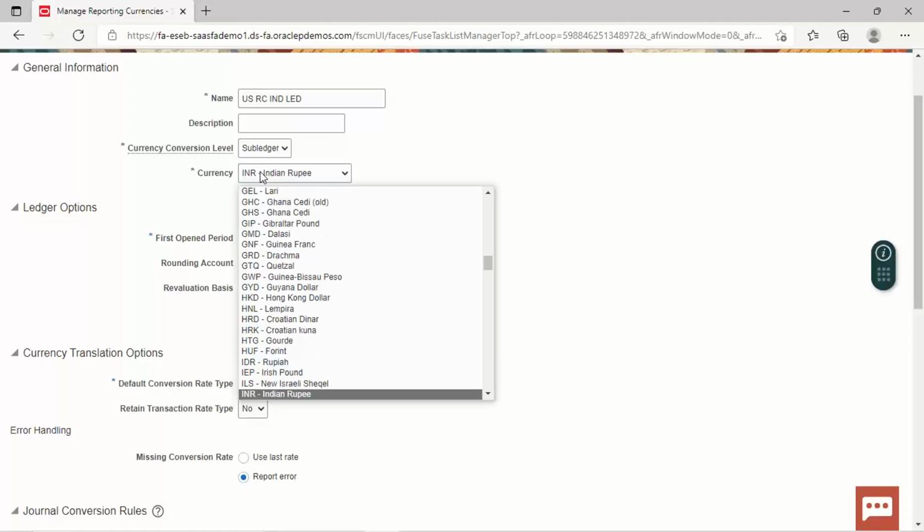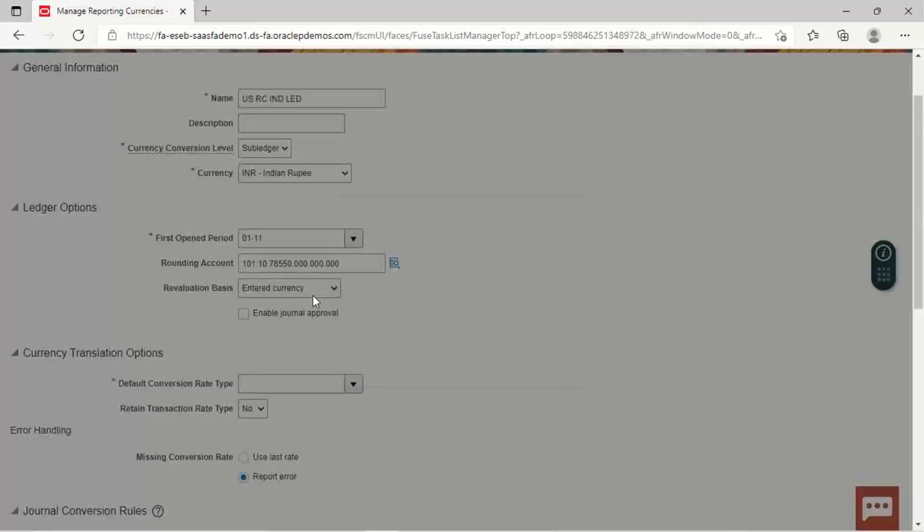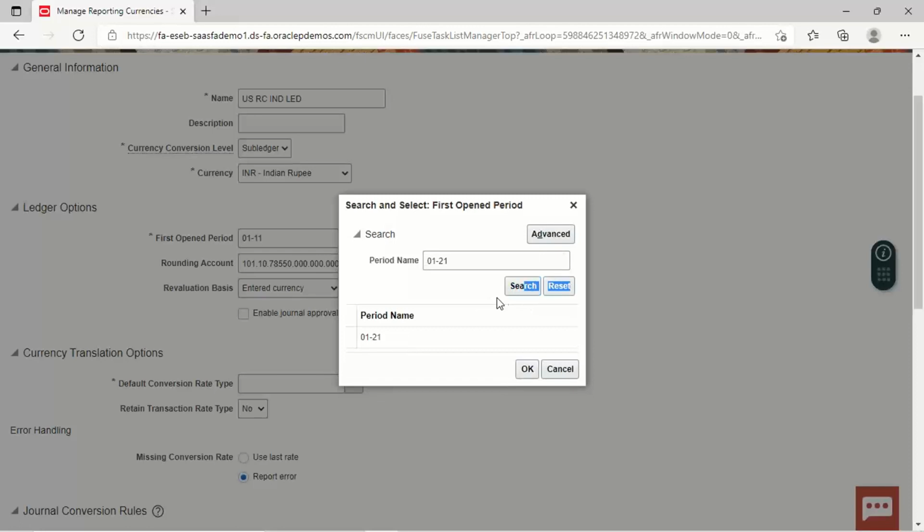INR, Indian rupee. And first open period is the period which we have to open in this reporting currency for the reporting currency ledger. We can search the period from here. January 21 or January 22, whatever you want to select as the first open period.